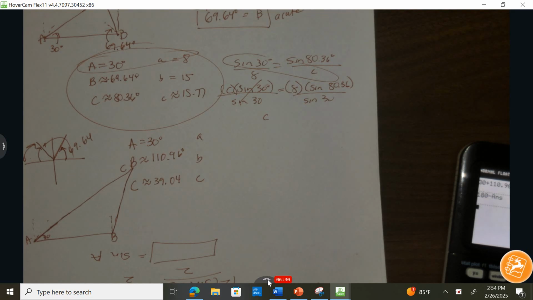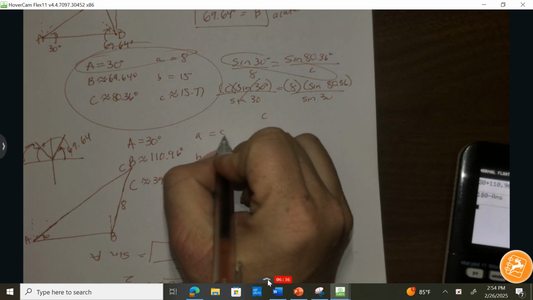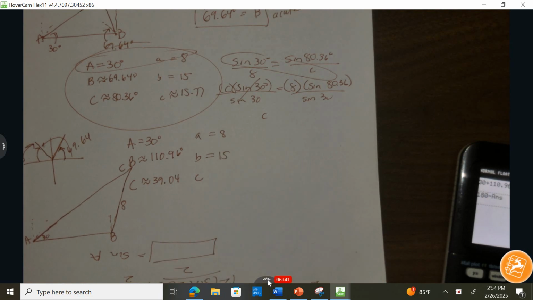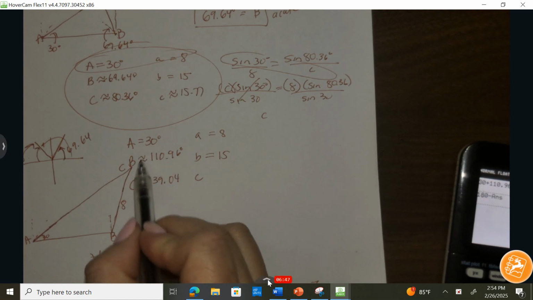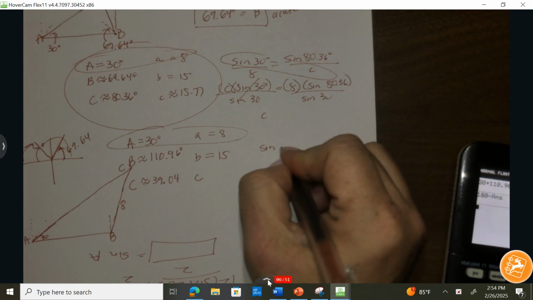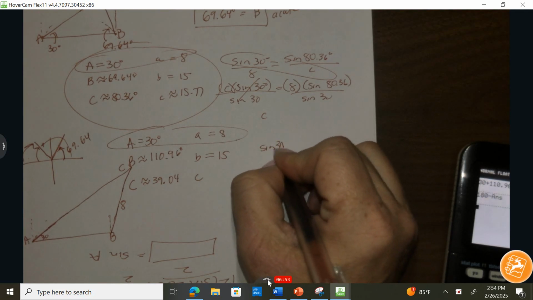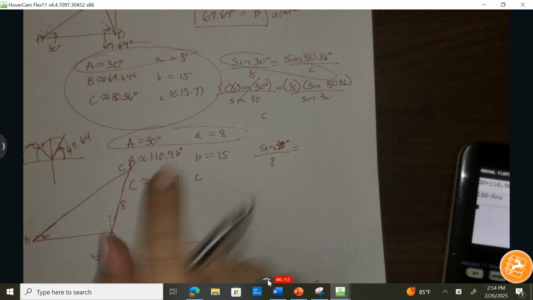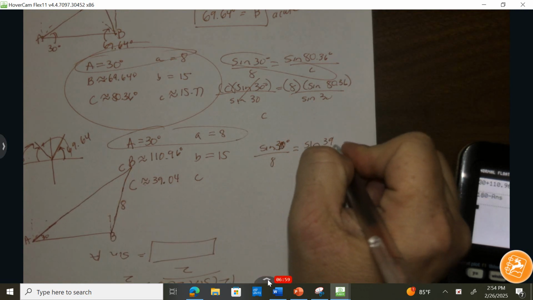If we go back to this original problem, it said across from angle A was 8. Across from angle A was side, that was exactly 8. And across from B was 15. Now we just need to find C. And again, you were maybe wondering, like, do I use A or do I use B with the law of sines? Well, I can see that I had to estimate here and I had to estimate here, so I just stick with A. Sine of A, which is 30 degrees, over side A, which is 8, equals sine of C over